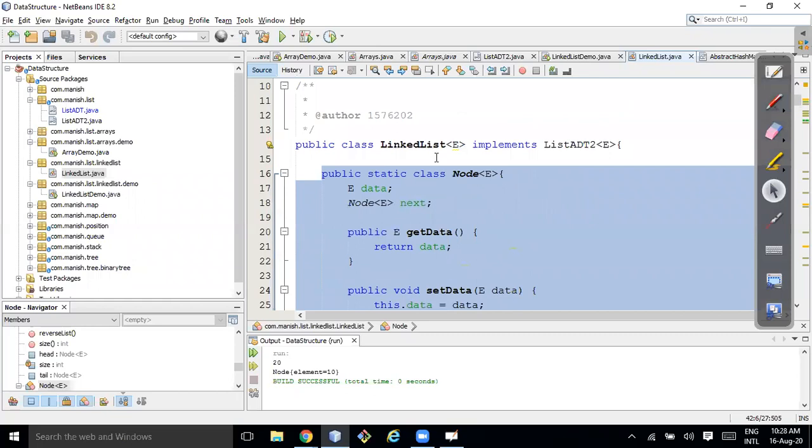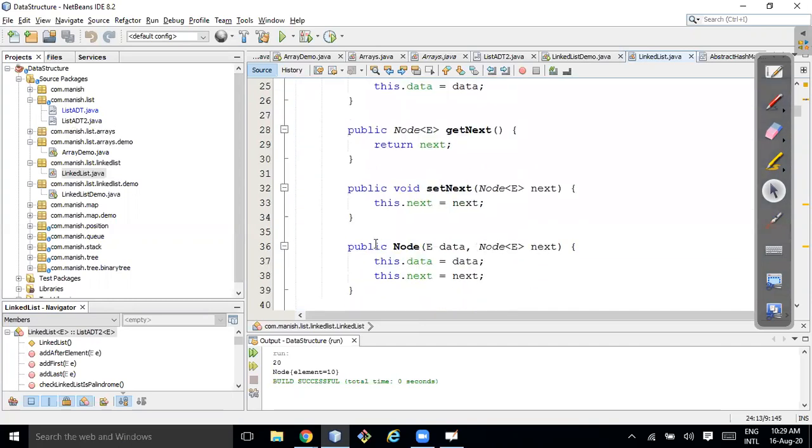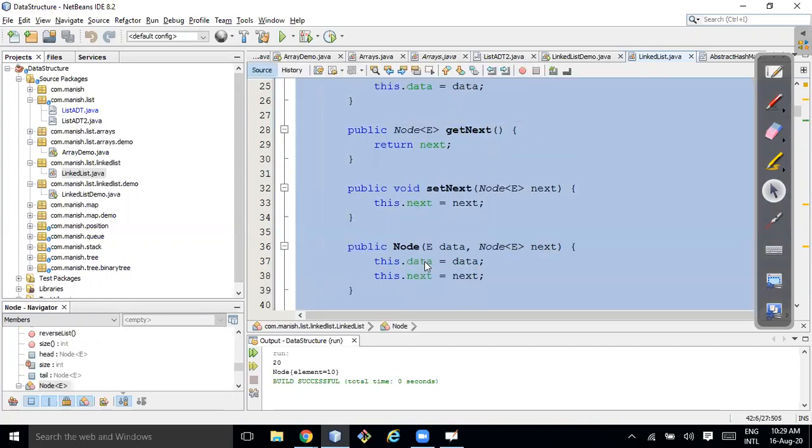The only class which can access the node object is the linked list. Linked list is one abstraction, one data type. The abstraction was actually the list ADT, but this abstraction is implemented in this linked list class, so only it has access to this node.